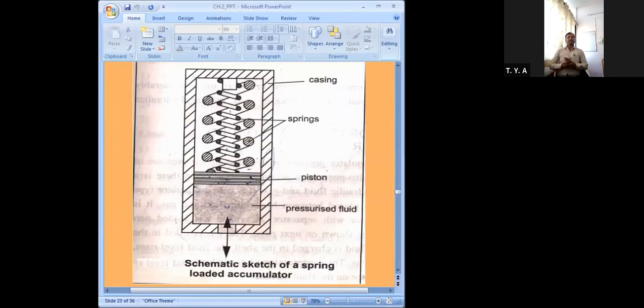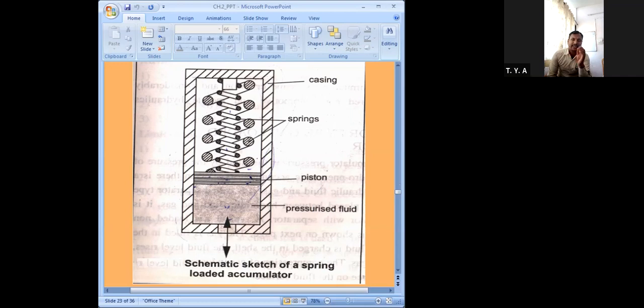So let us discuss this spring loaded type accumulator. Here I have shown the schematic sketch of the spring loaded accumulator. So what is the difference between the dead weight type accumulator and the spring loaded accumulator? If you see this schematic, then